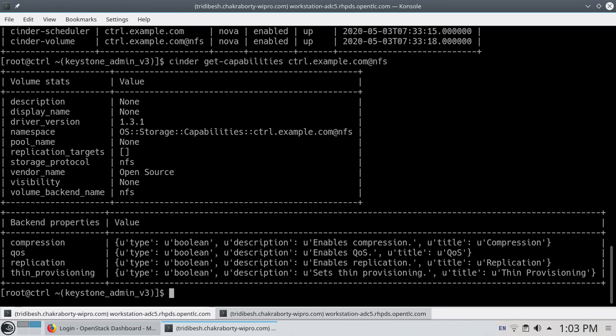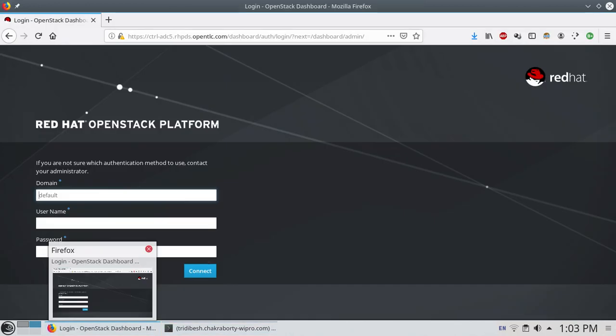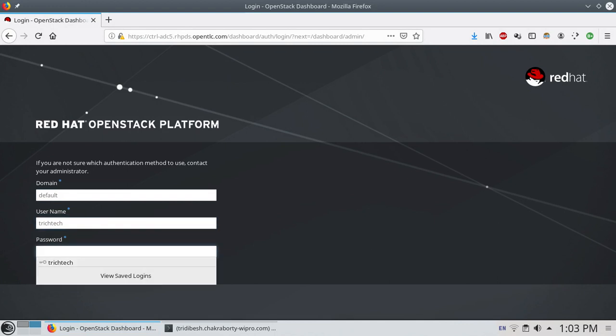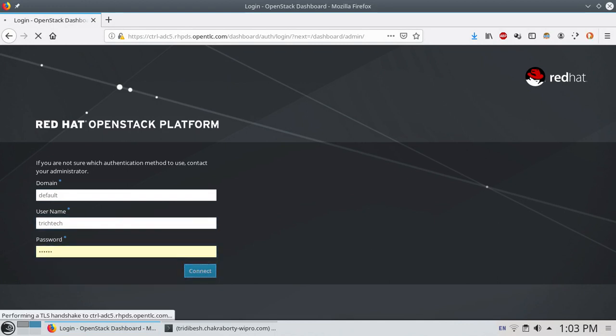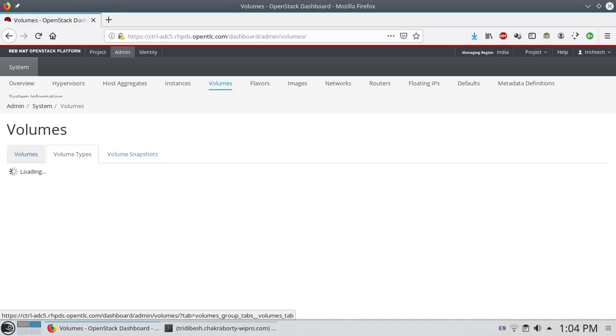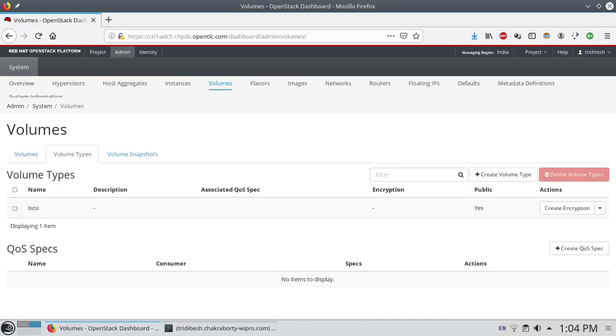Similarly, the same thing you can verify from your Horizon dashboard also. You log in as your admin user. So let's log in, and then we'll go to the volume section. Here you will see the types of volumes we have: iSCSI.